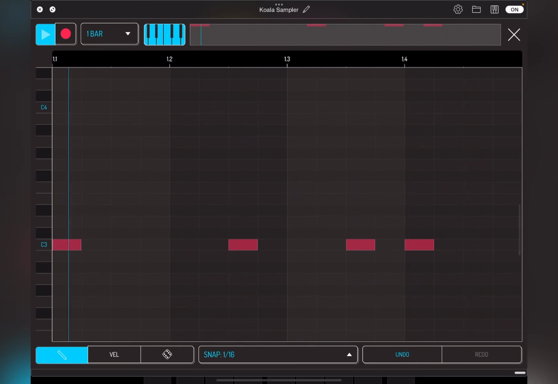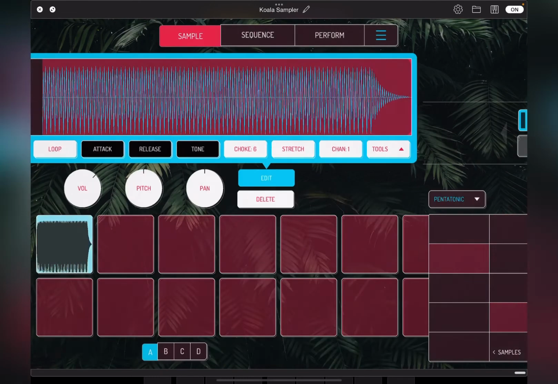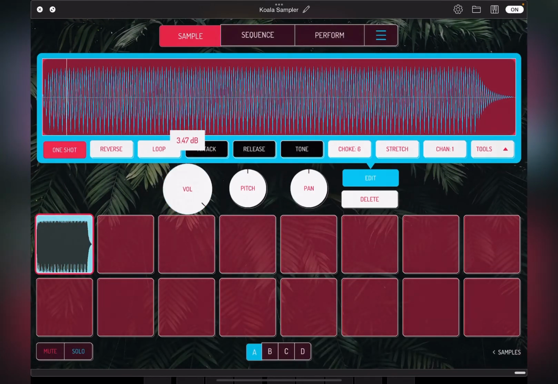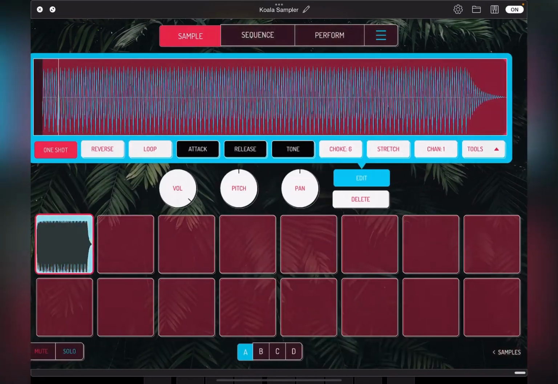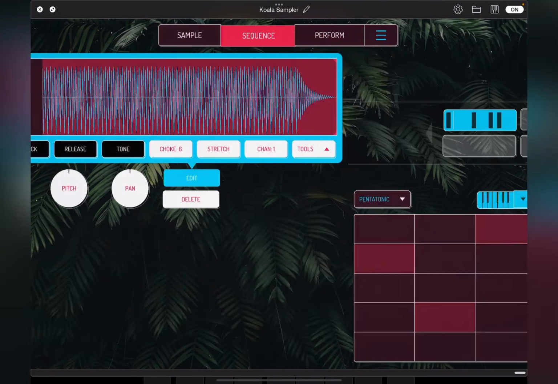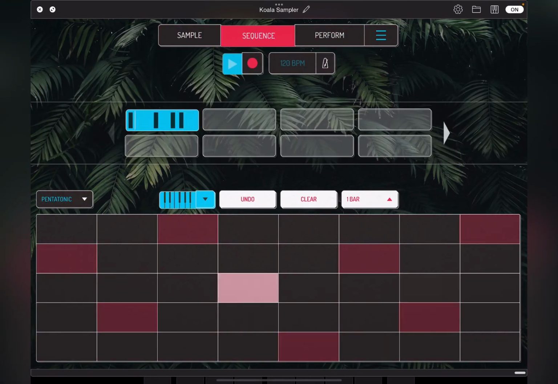And then you just stretch. Now you can kind of hear that rhythm in it because it's a one shot. I'm using one sample, but I'm using this keyboard to stretch out the sample. I can show you how to